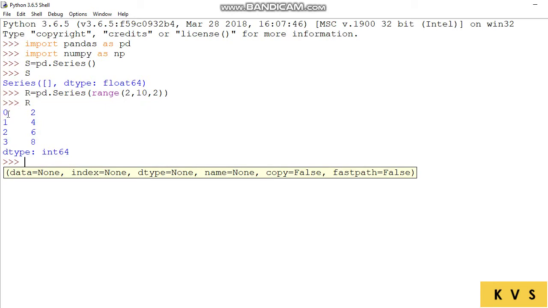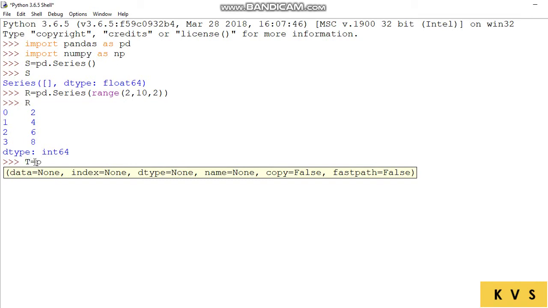By default, the index values are coming from 0 to 3. We have not specified any index values here, but even if we don't specify, default index values will be given and it starts with 0. Is it clear?